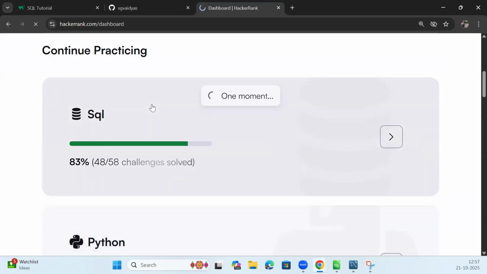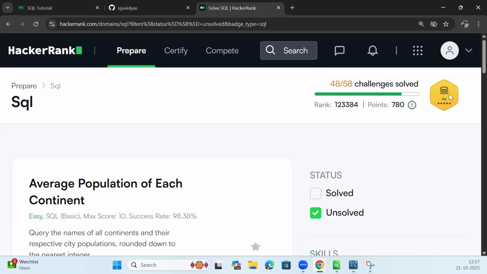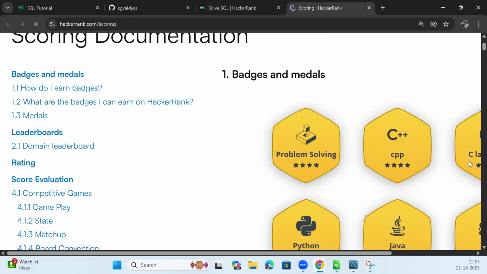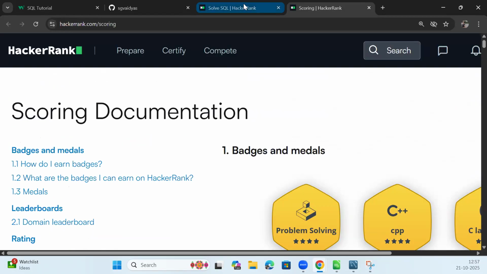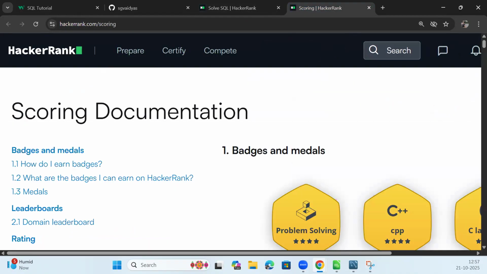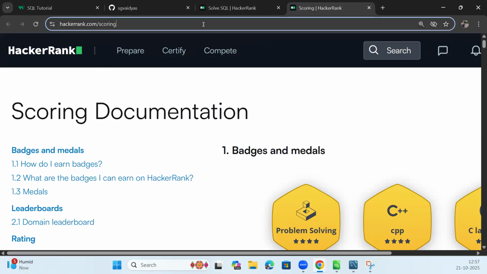If you click on this, whatever problem solving, anything, these kinds of badges you will be getting, right? For that badge they'll probably give you a certificate kind of thing. You can share it to LinkedIn. This part is okay once you have completed. Or if you have taken any Udemy courses, like